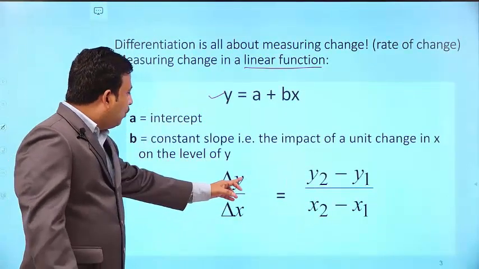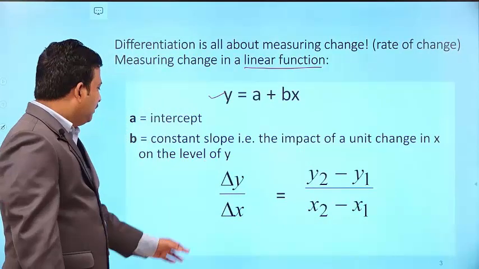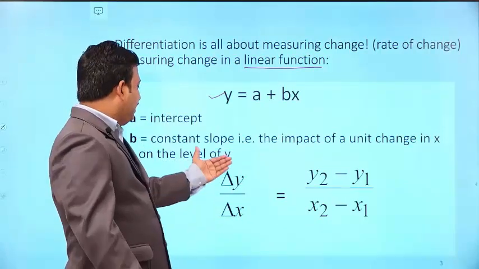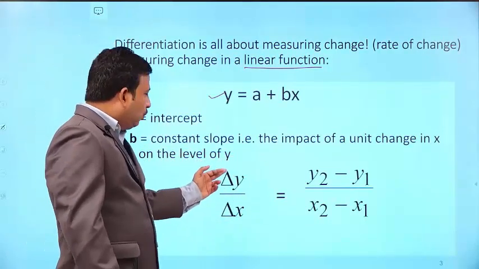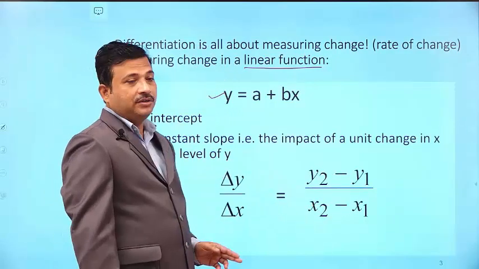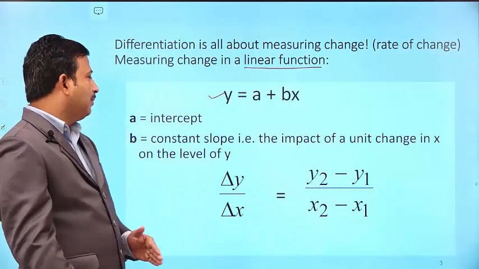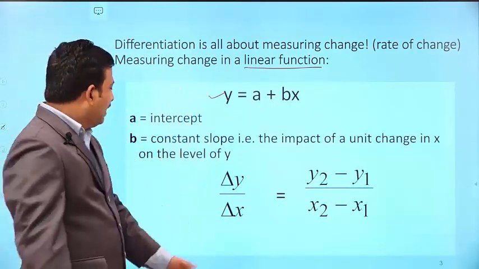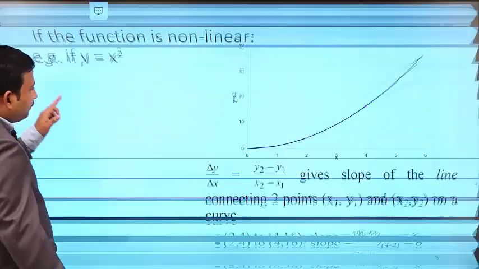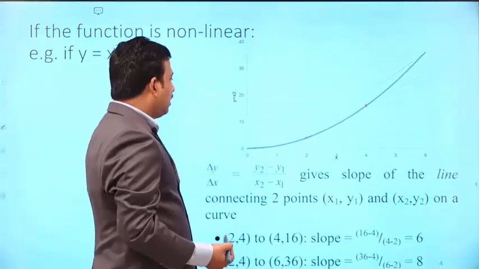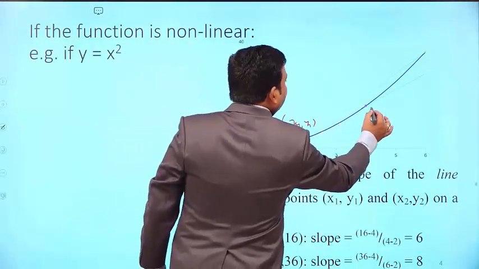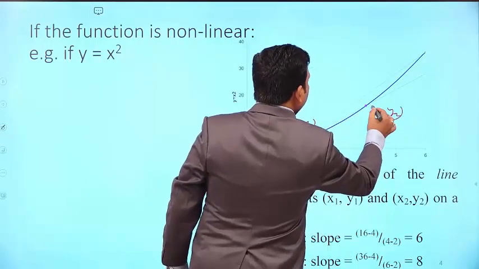So here del y, the change in y, divided by del x is nothing but the rate of change of y with respect to x. Let us take del y as y2 minus y1, changing from y1 to y2. So what is the difference? y2 minus y1, the change in y. And the change in x is nothing but x2 minus x1. Is it clear? So here see this is the curve, and let us take this one as your x1, y1 and this as your x2, y2.